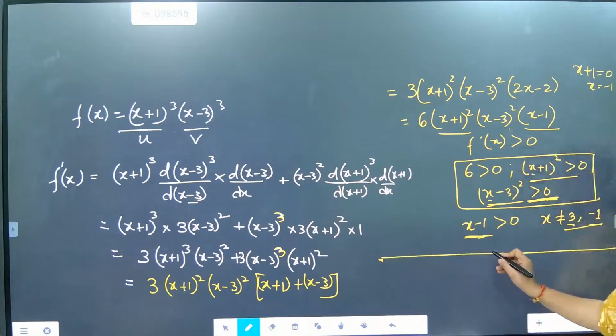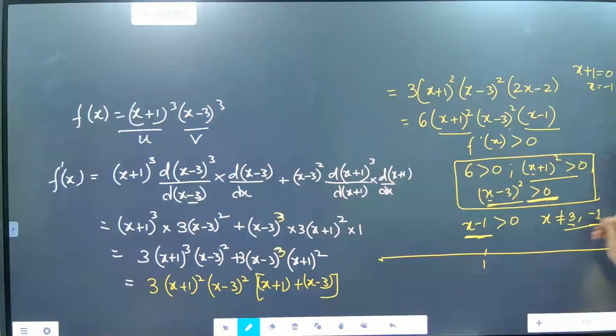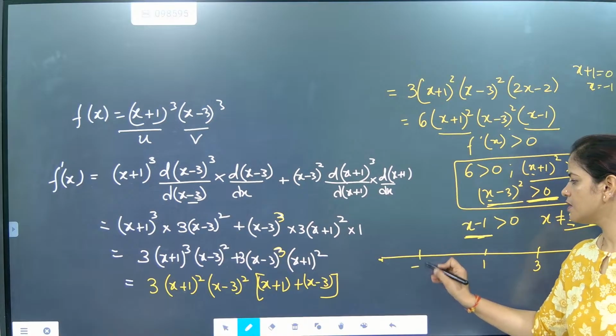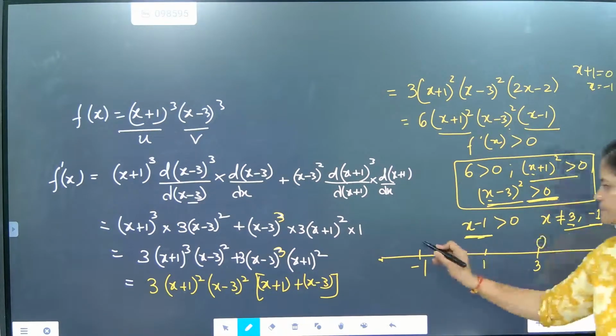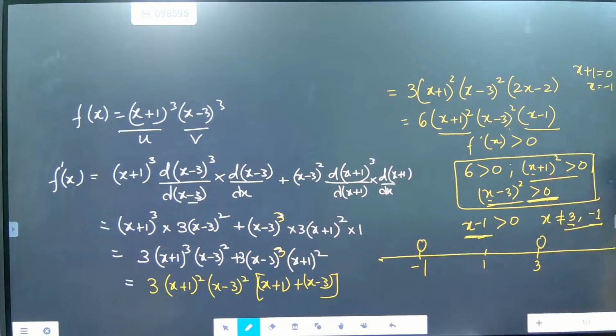Why am I drawing it? This time I am explaining. This is 1 and 1 is our critical point. But which point should not be taken? Here 3 should not be taken and minus 1 should not be taken. So we will open it. Got it? What is our real region? Our real region is 1. Understood? Left of this is all